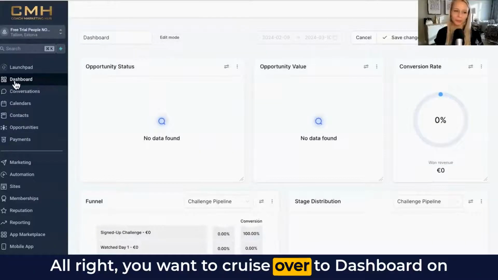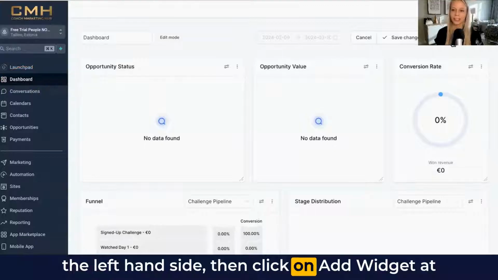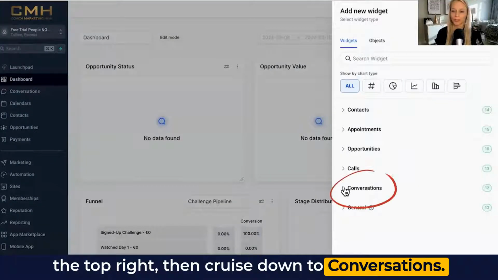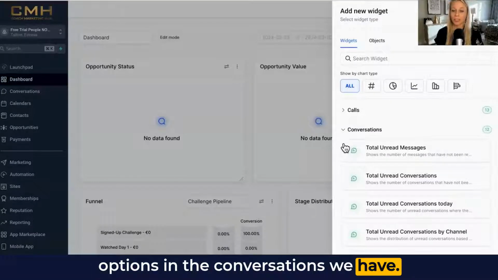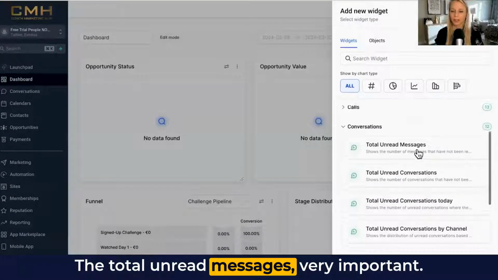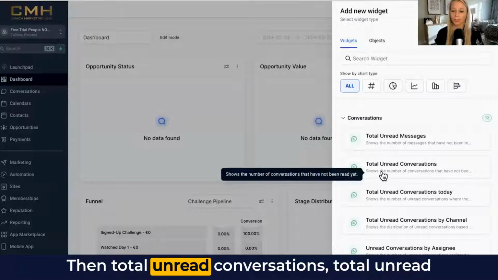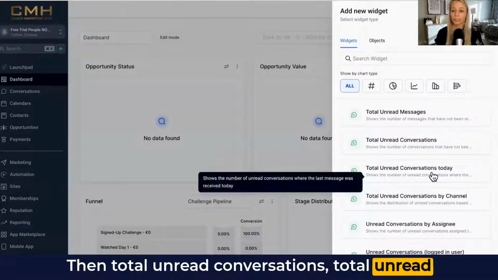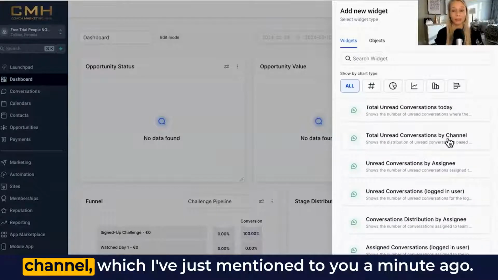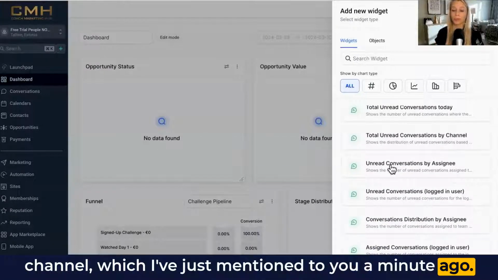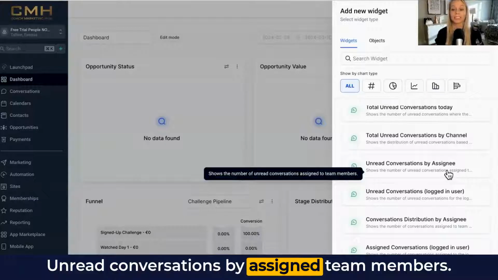All right, you want to cruise over to dashboard on the left-hand side, then click on add widget at the top right, then cruise down to conversations. And here you can see the different options in the conversations we have. The total unread messages, very important. Then total unread conversations today, total unread conversations by channel, which I've just mentioned to you a minute ago,